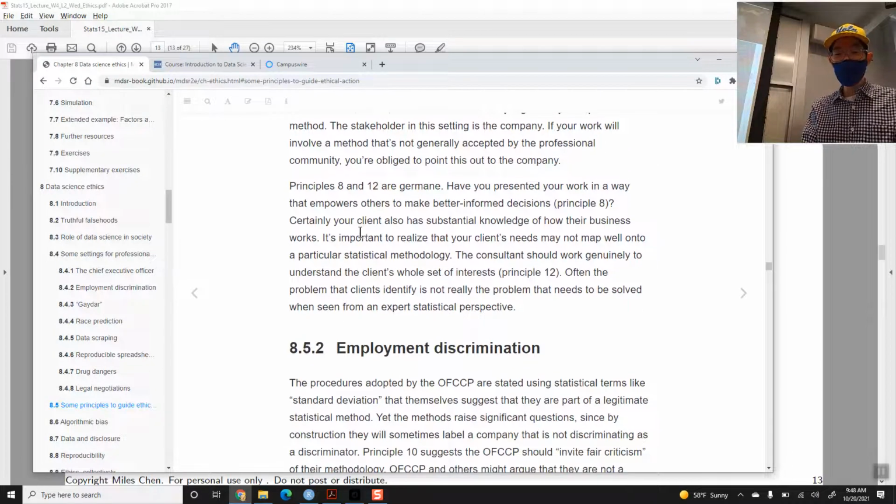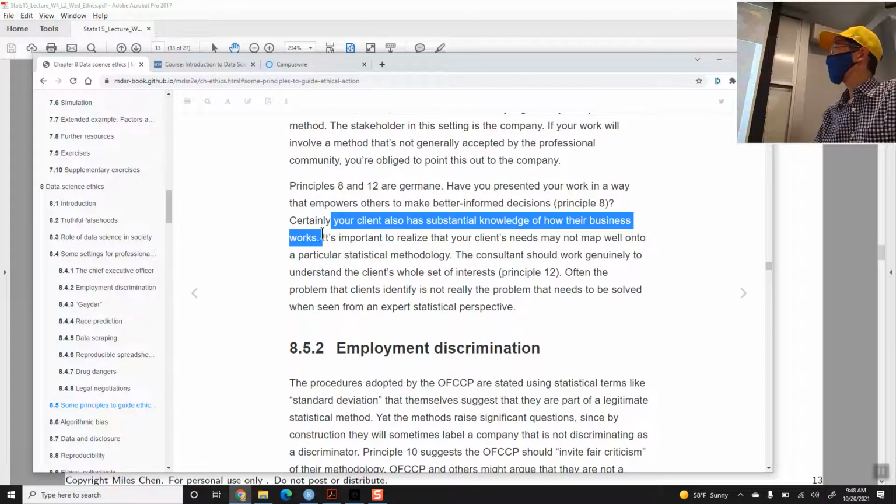Okay, and certainly, you're also respect the fact that your client, okay, the CEO, has substantial knowledge of how their business works, okay? In that the CEO could also be aware of certain factors that just aren't reflected in the data, right? The CEO or people, experts in the company, especially if you're hired by a consultant, could say, you know what, this might be what your statistical method has produced, but I know for a fact that this can't be the case because of something, right? For example, I don't know, we could do some kind of analysis, and